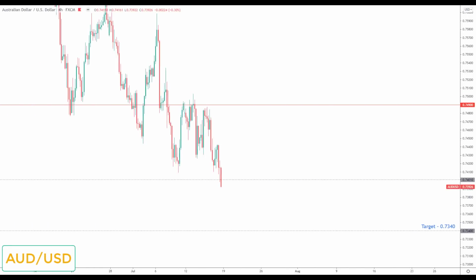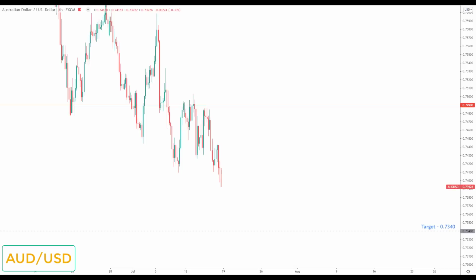Next is Aussie dollar. Last week I highlighted the fact that because the DXY hadn't actually reversed, even though my preference was for it to reverse so we could get potentially a much bigger sell-off than that short rally, which didn't even make new highs last week, I did note that unless the DXY reverses, I would still be bullish on the DXY pairs. Aussie dollar was one of the markets highlighted for that last week, as well as New Zealand dollar, and we also looked at euro dollar, which declined. We did come down and take out the target last week at the 0.7401, so a really nice move in Aussie dollar last week.